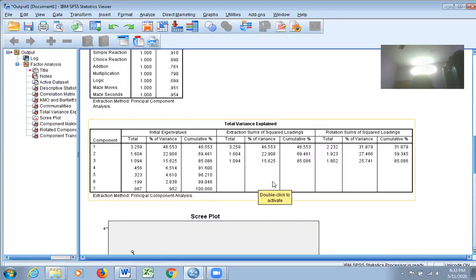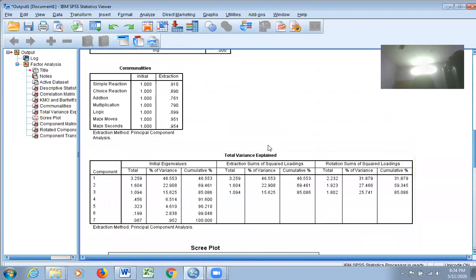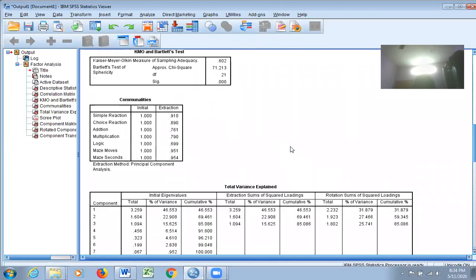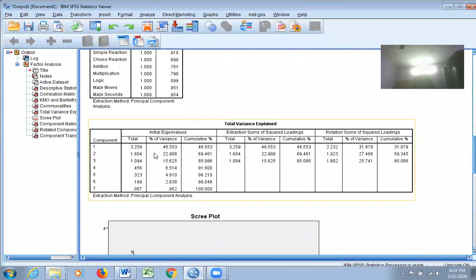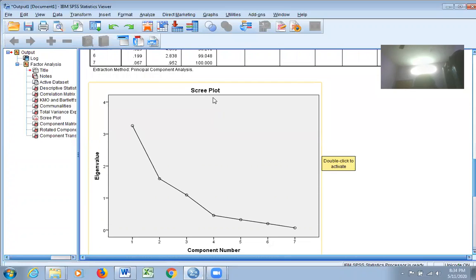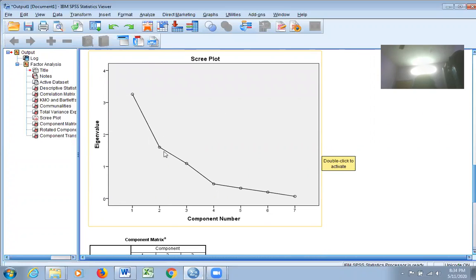Good. Now, please let me comment. One thing is that we have seen the eigenvalue. There are 3 factors. We can go for 3 factors and check the scree plot, a plot which intersects factor, component number, factor number, and eigenvalue. First factor, high eigenvalue. Second factor, high eigenvalue.